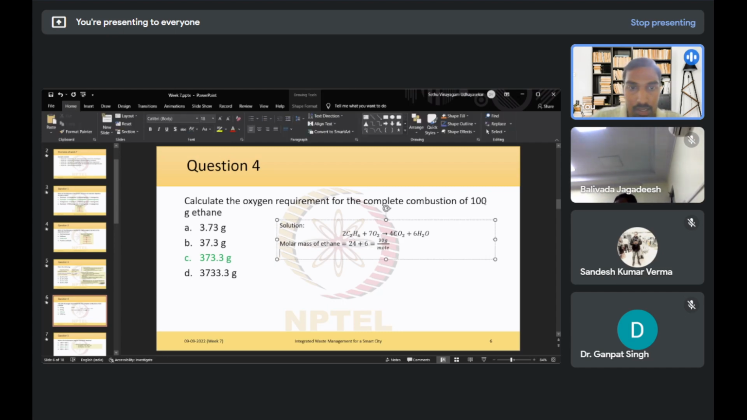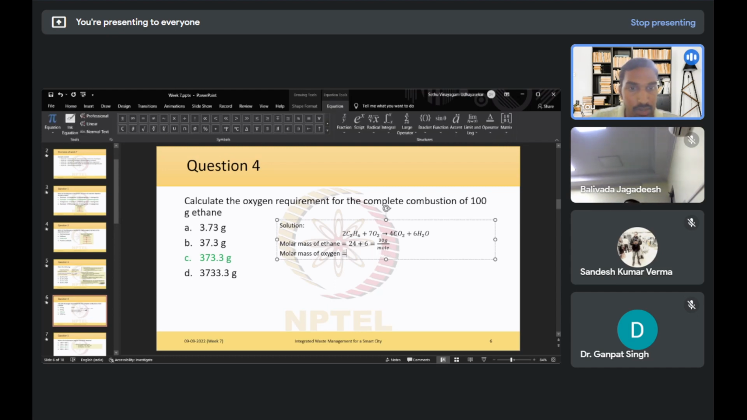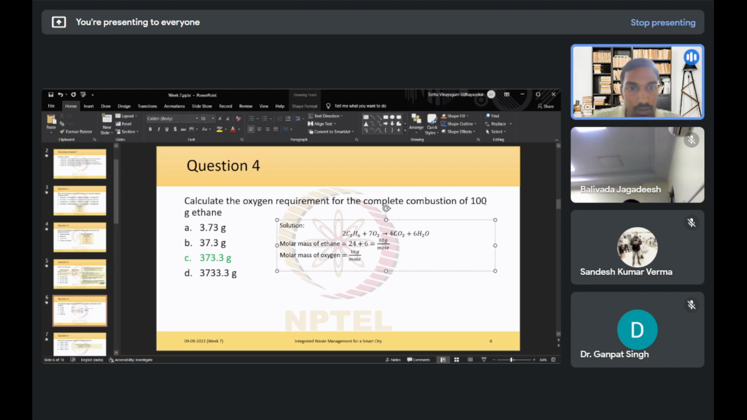And similarly we can find the molar mass for oxygen gas, which is O2. So for that we'll get 7 times 16 grams per mole, right? So that is the molar mass for oxygen. Now since here we know 2 moles of ethane requires 7 moles of O2, right? So which means 60 grams of ethane requires 7 moles